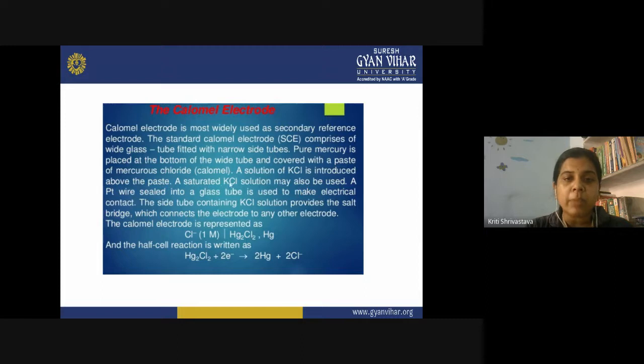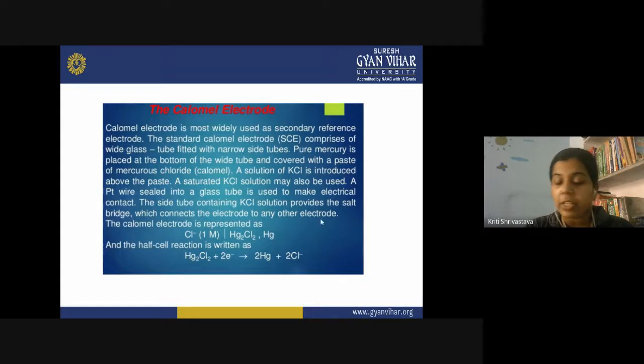So what is the purpose of this KCl solution that you are placing inside your calomel electrode? It basically provides the excess of chloride ion in the solution. Now finally, a platinum wire is sealed inside the glass tube, and this is actually placed to provide an electrical contact. And the side tube containing KCl solution provides a salt bridge which connects the electrode to any other